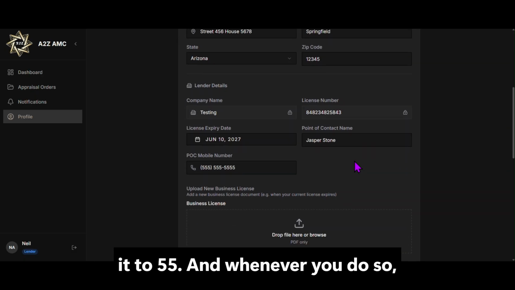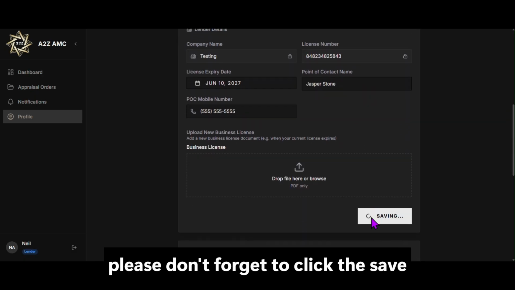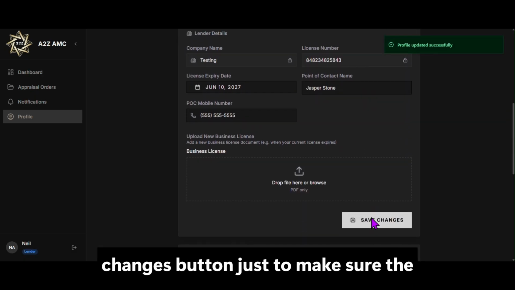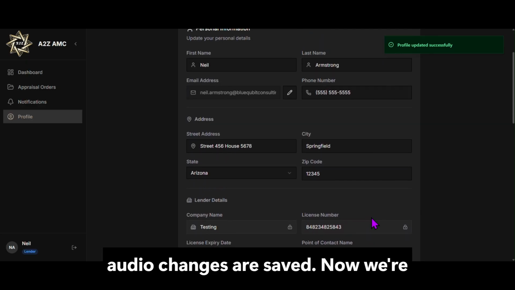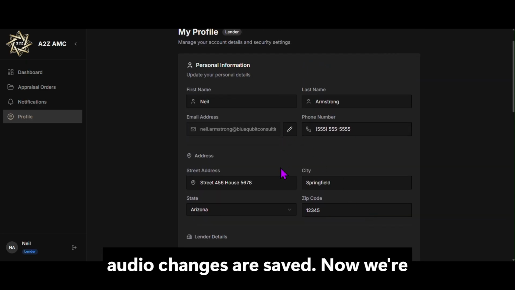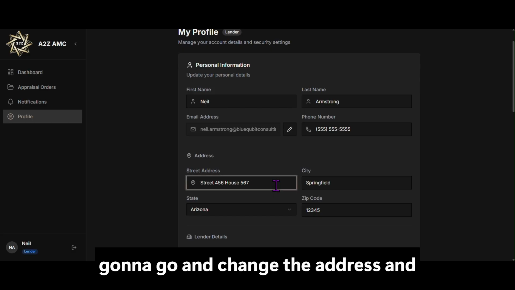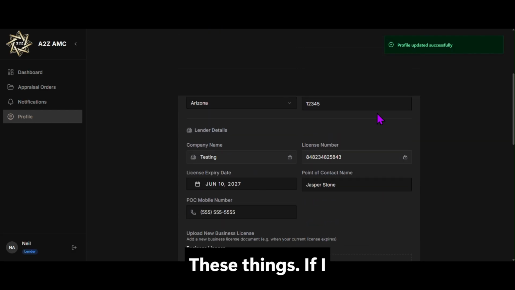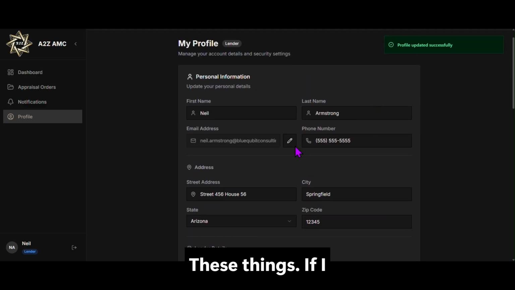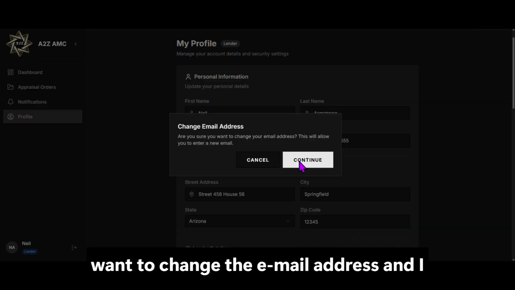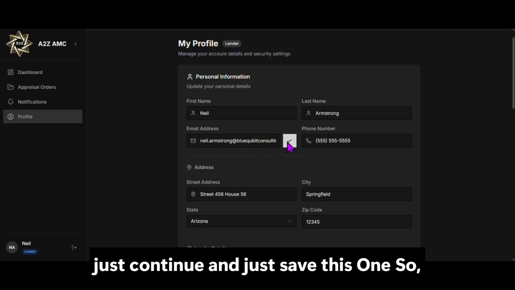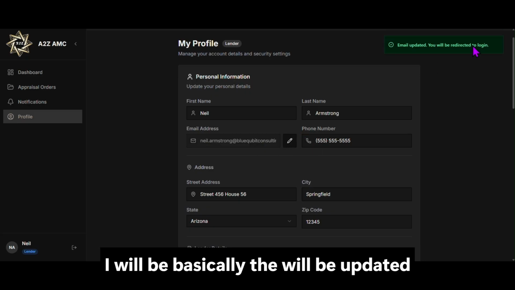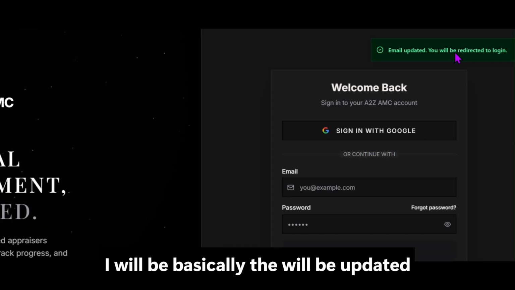Whenever you do so, please don't forget to click the Save Changes button just to make sure that your changes are saved. Now we're going to go and change the address and just change these things. If I want to change the email address and I just continue and save this one, it will be updated and I will be redirected to the